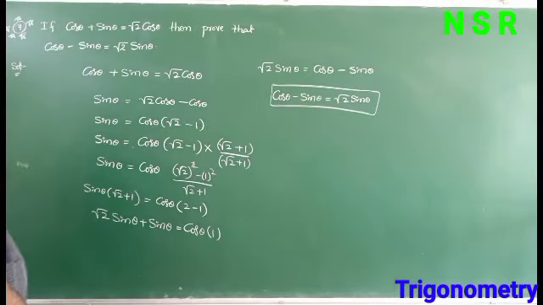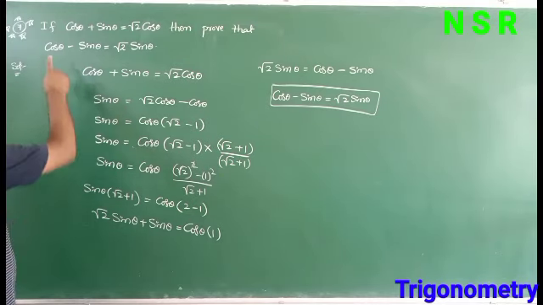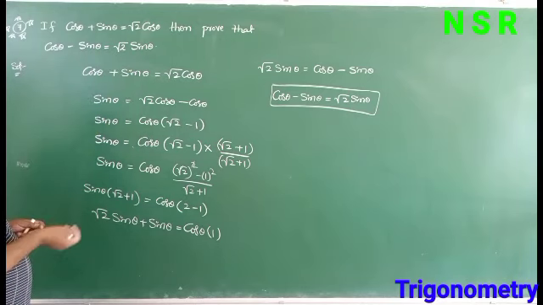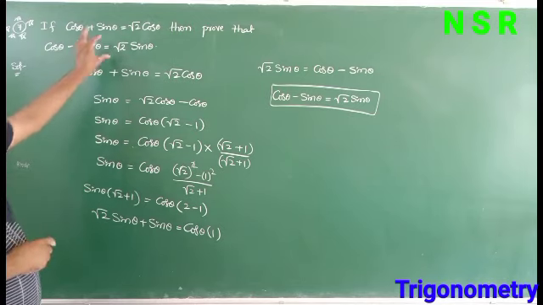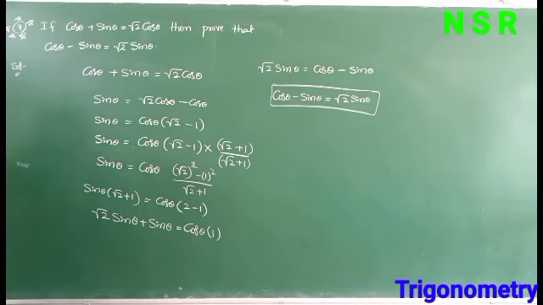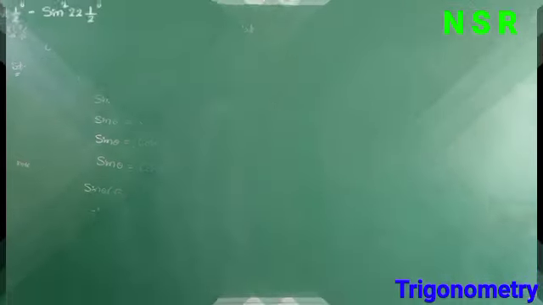If we have another way, take cos theta plus sin theta equal to root 2 cos theta as equation number 1, and consider cos theta minus sin theta equal to x as equation number 2. Solving equations 1 and 2, finally we get the x value as root 2 sin theta. So that is also another way. But this is the simple way: we simply move cos theta to that side and rationalize, so directly we get cos theta minus sin theta is equal to root 2 sin theta. So this is a very important question.